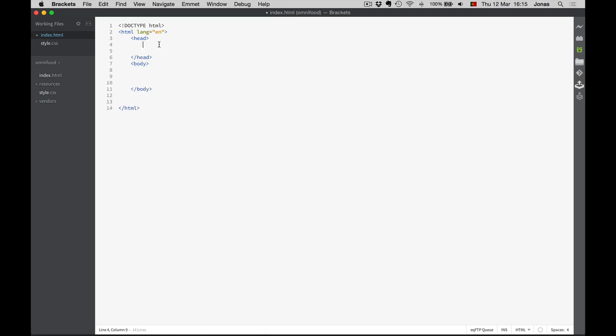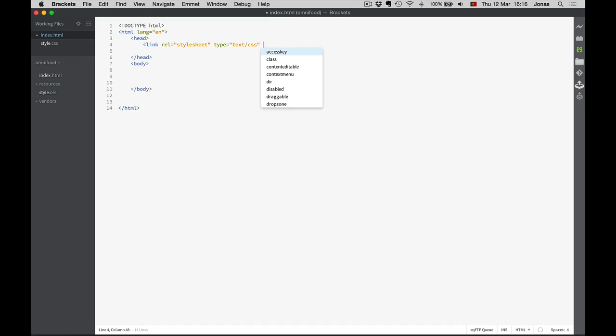Okay, I will now include the CSS file, which is, as you probably remember, link, then rel, I want to say stylesheet, then I say it's type CSS, and